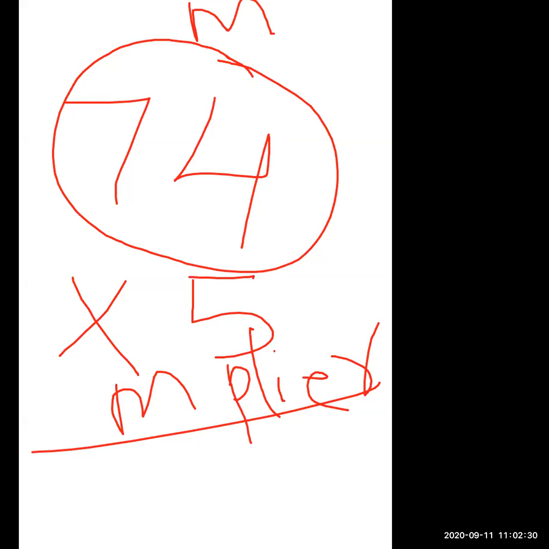Have all given the answer? Very good. And what is the correct answer? What is the name of that answer? Yes, last one. It's a product. Very good. 370 is the product. Are you clear about the parts of multiplication? What is the name of the first part? What is the name of the second part?